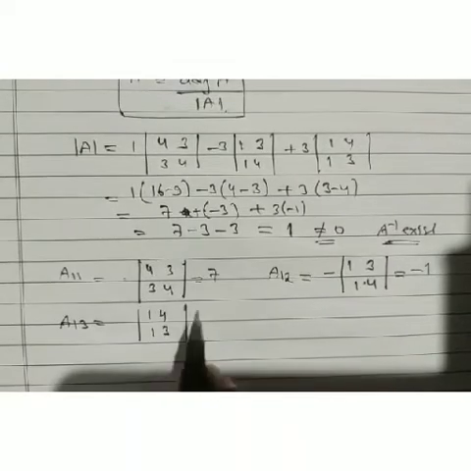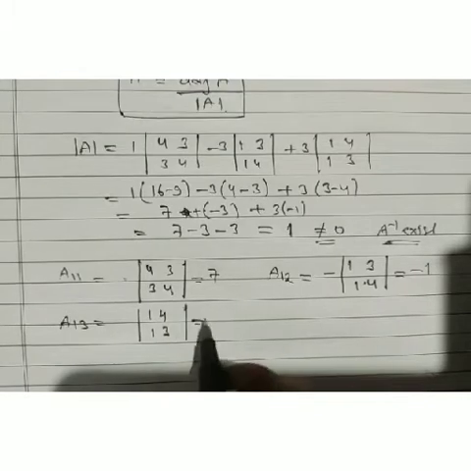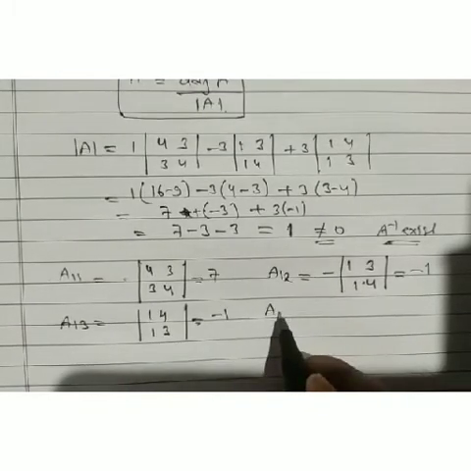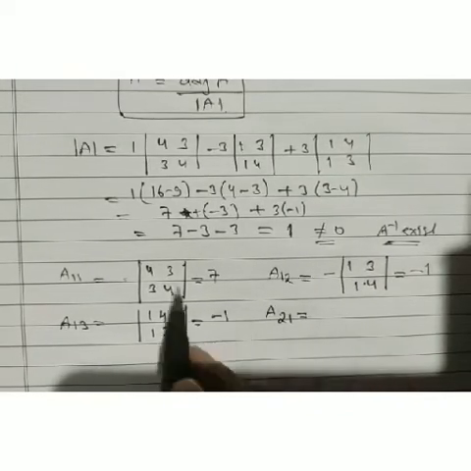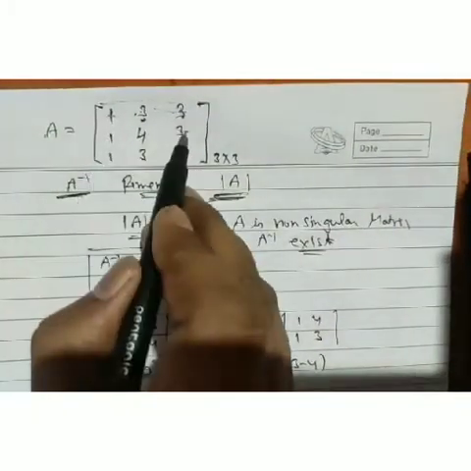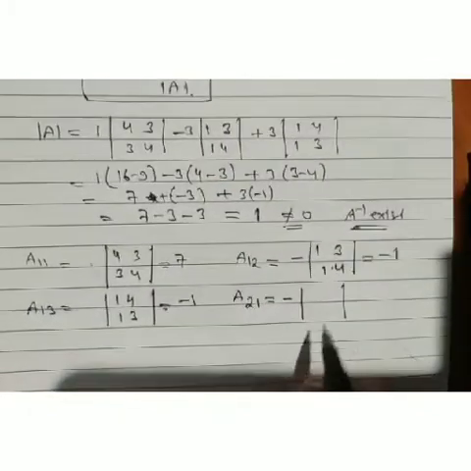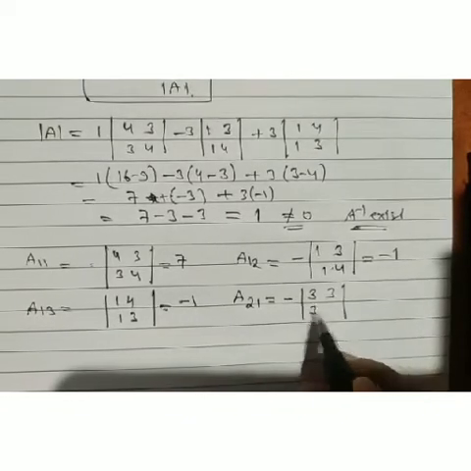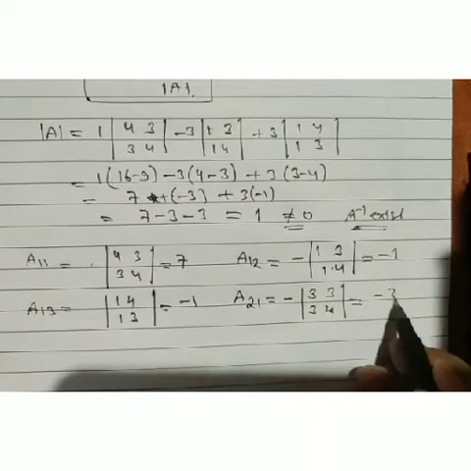1, 4, 1, 3. Again, after solving, we get 3, 3 minus 4, here minus 1. Now we are going to find out A11, A12. We are going to find out A21, with signs minus plus. Now it's a minus. A21: deleting this row and this column, we have 3, 3, 3, 4. After solving it, we have 4, 3, 12. 12 minus 9 is 3. This is a minus sign. We have minus 3 here.